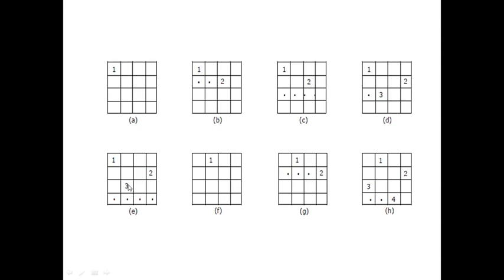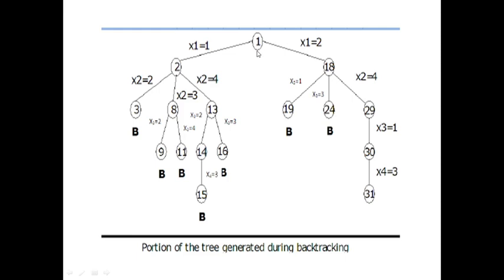This backtracking will lead to this one, and this will lead to this, and we are moving the positions. Again we will try 2 here, then we can place 3 here, then for 4 we get a position here, and we get the final answer. Okay, this is how we are backtracking and generating the entire solution space. This is the portion of the tree generated during the backtrack, and here you are getting dead ends, and the dead ends won't be explored.